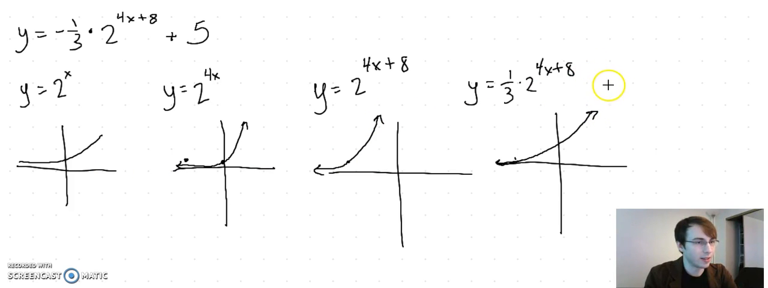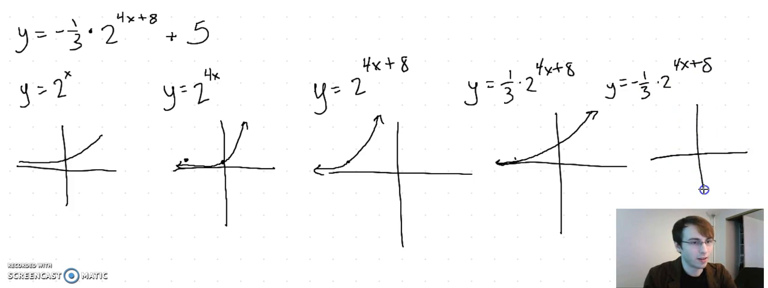And let's do y equals negative 1/3 times 2 to the 4x plus 8. So now we're flipping it over the x-axis. So now it's looking like